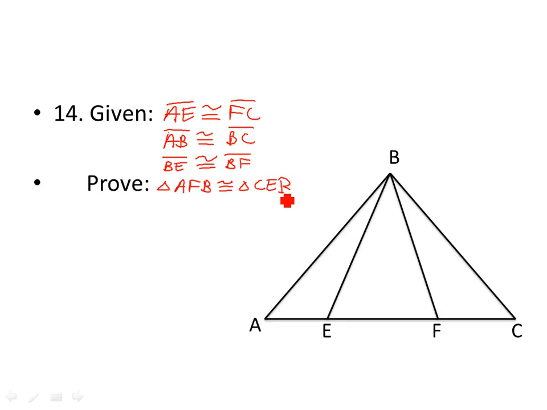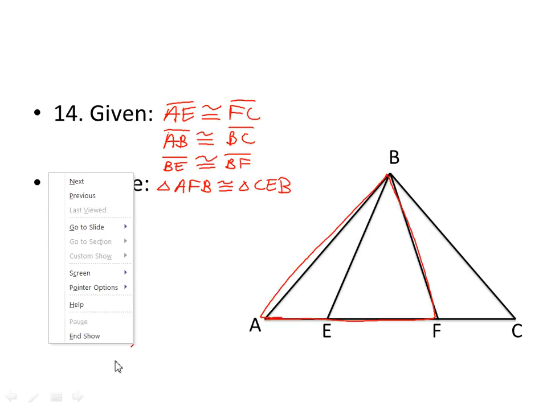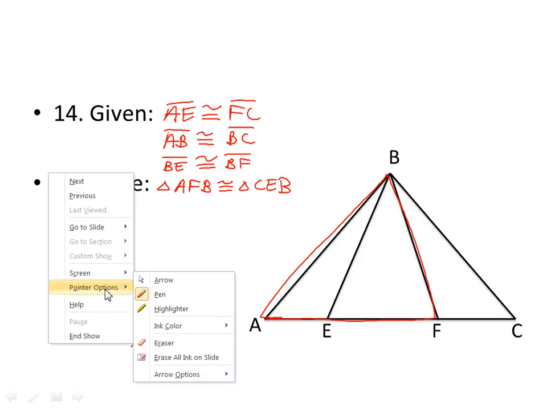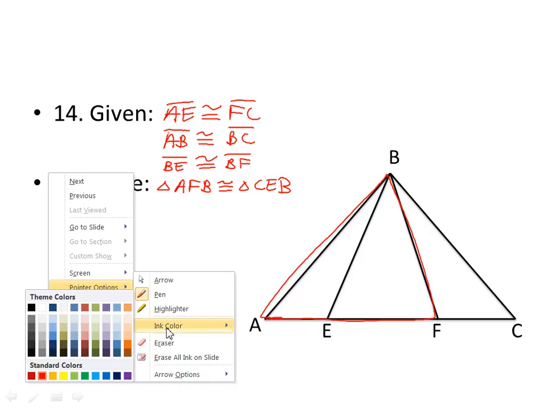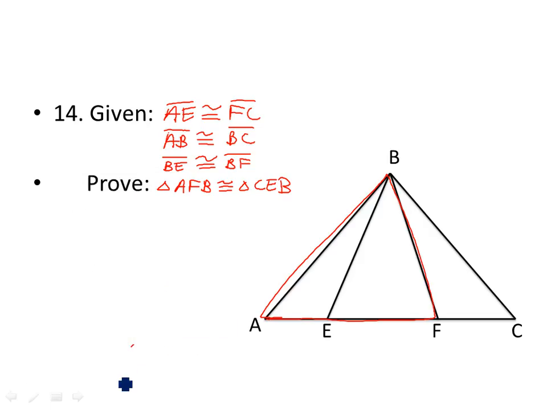We're trying to prove triangle AFB is congruent to triangle CEB. If I try to mark those 2 triangles the way they're sitting there, am I going to be able to do that without being confused? No. So what I'm going to do, I'm going to come up here